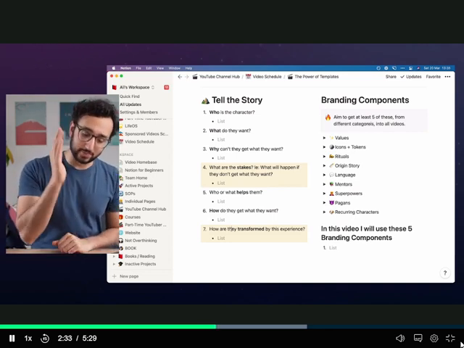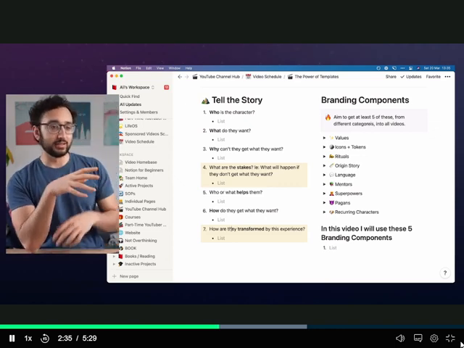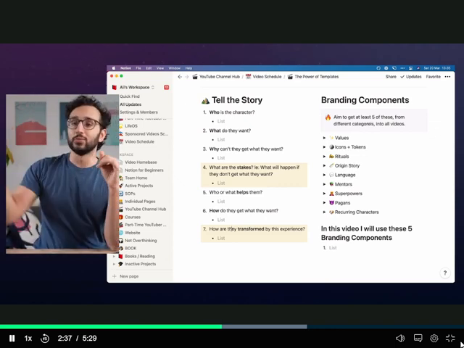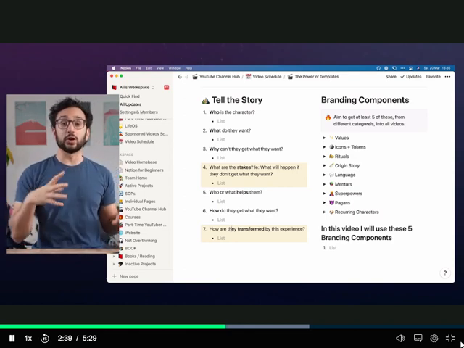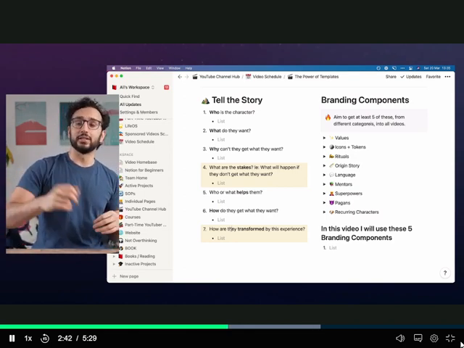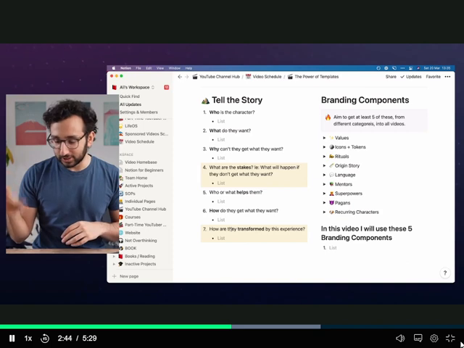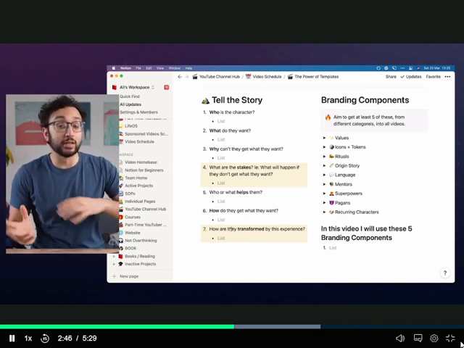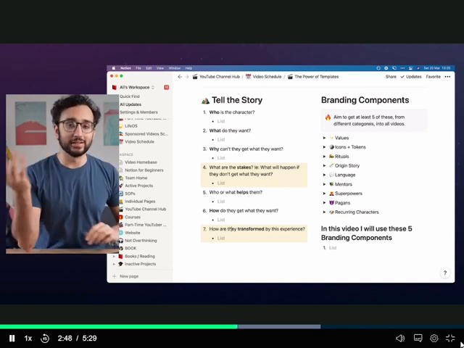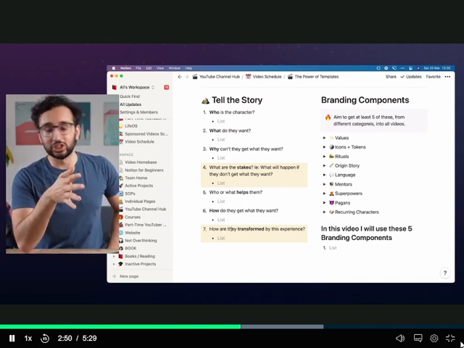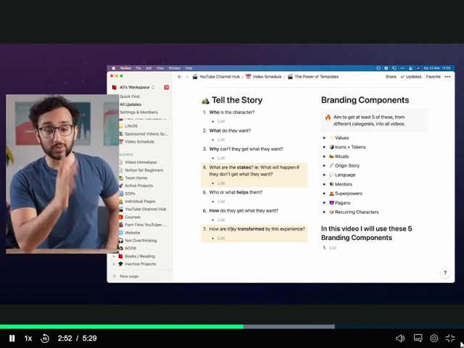There is a person and they're in a small place and their life is normal. And then someone comes along and says, hey, do you want to go on this adventure? There's the call to adventure, and then they go on the adventure, and then they have obstacles, and then their life is changed as a result, and then they go back home. It's like the story of The Lord of the Rings. Frodo is chilling in the Shire. Gandalf comes along and says, do you want to go on an adventure?